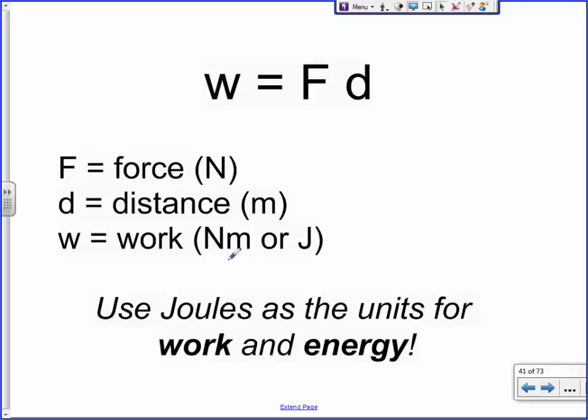Work is measured in one of 2 different units. One of the units is known as a Nm. That N is not a prefix. It's a Newton meter. So a Newton meter is how we can measure work. Or the other equivalent unit is called a joule, which is named after James Joule. Have you heard of some of the experiments he did? Any of you guys in my grade 10 class last year remember the experiment that Joule did? What was the experiment that he did to try to figure something out? Do you guys remember?